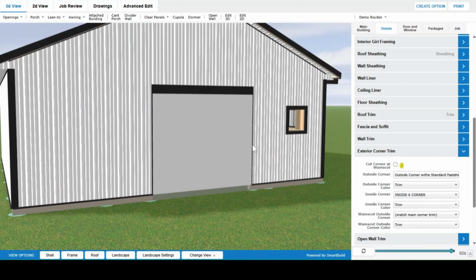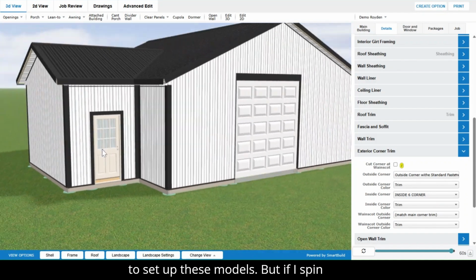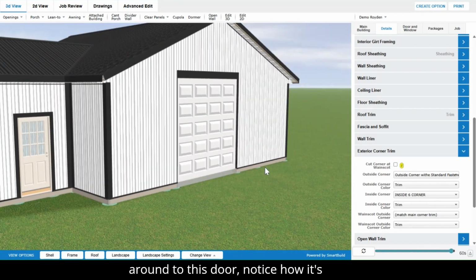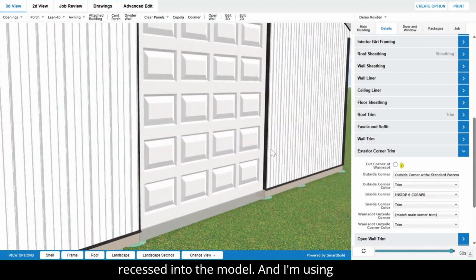And we're going to talk about how to set back those doors later, or how to set up these models. But if I spin around to this door, notice how it's recessed into the model. And I'm using a one-piece, and it may be a two-piece overhead door trim that you're using, either way. But if you want to recess those models, which we'll talk about, the thing to look at though is your